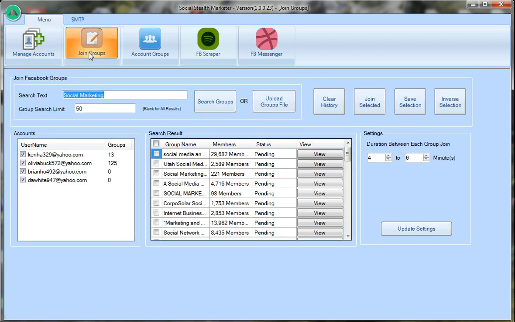Over to the join groups over here. So this is really cool. You can join hundreds of groups on Facebook. What I've done is I've set social marketing as my keyword, set my search limit to 50, which is a pretty good one. It'll show you how many members come up, and then just set it to whichever one account that you want, and then